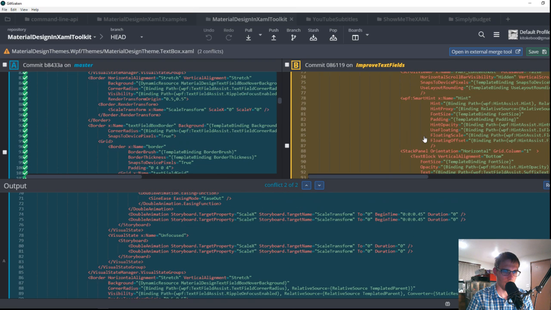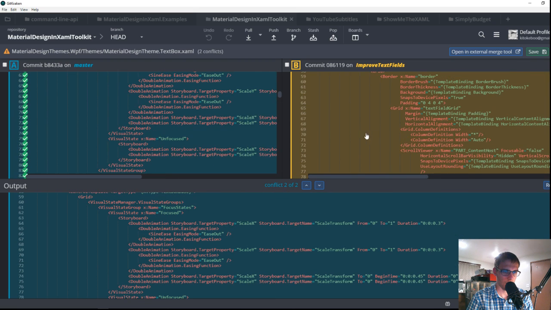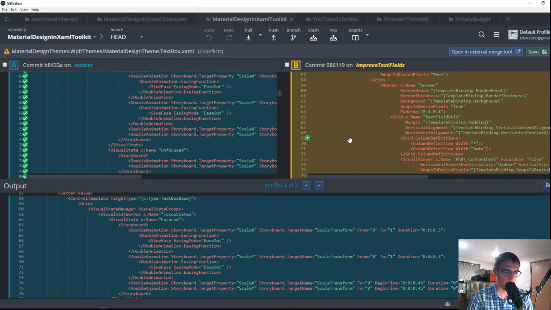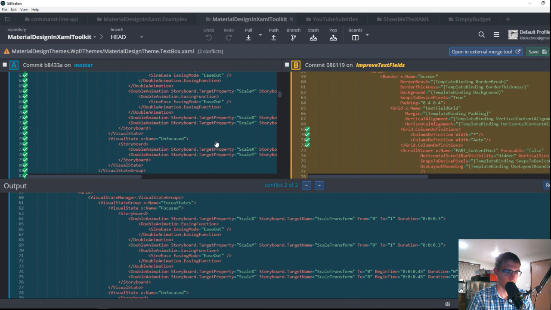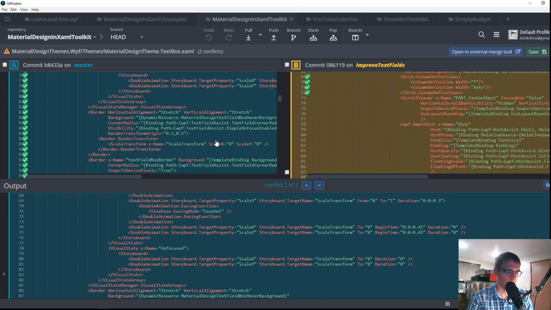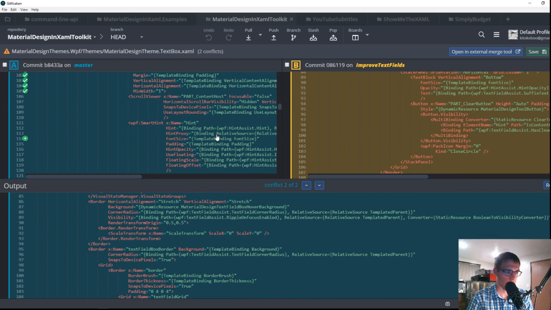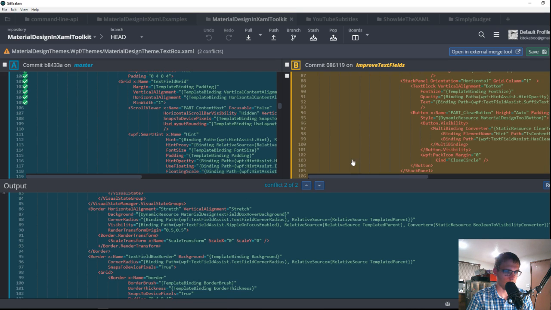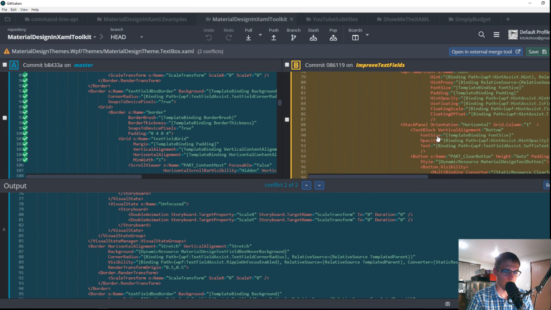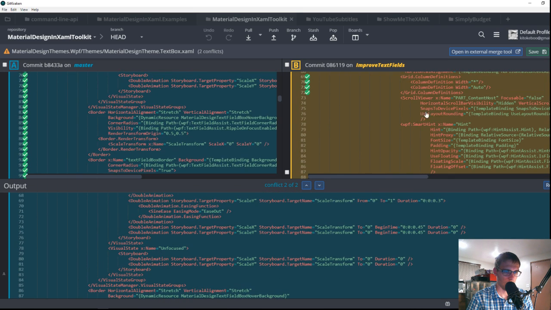Let's back this guy back up, and let's see here. Text field grid, you are the one that I want. That guy goes there. Now that we've got that in place, I believe we just need the scroll viewer and